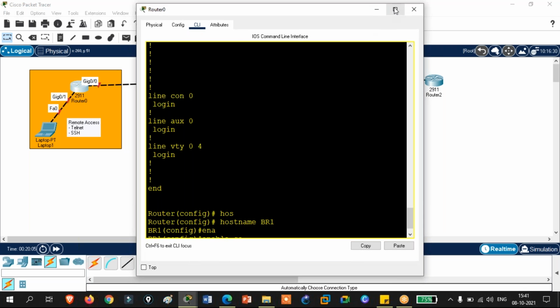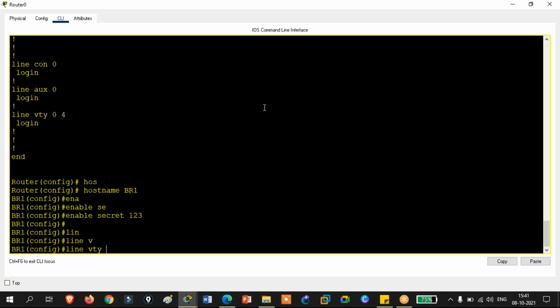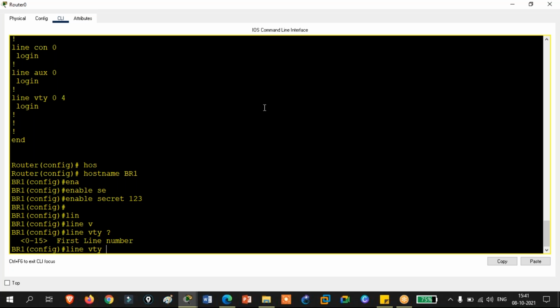That's why it is called the logical line. Telnet and SSH are logical lines. That's why it is known as line VTY, VTY for virtual terminal. And about virtual terminal, if one router needs to be accessed remotely, it's not like only one other router can access it. Your boss can access your router, your manager can access your router. Let's say you have bought the router from Cisco, so Cisco technical people can access the router. Some junior trainee who is on an internship or learning things can access and see what is happening. So many people can access.